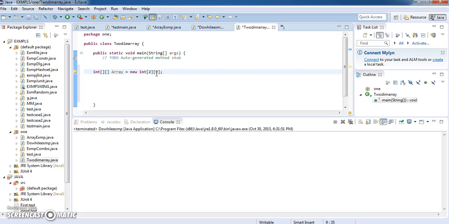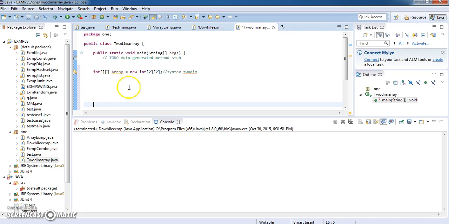The indexes start with 0, 1 and 0, 1. The syntax says to create a memory space for 2 rows and 2 columns of type integer for the variable array. This is your syntax for declaration of two-dimensional arrays.